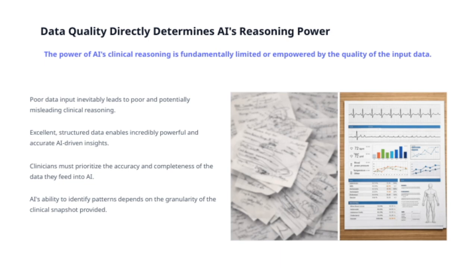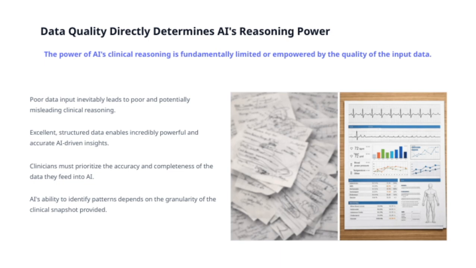On the flip side, if the data input is poor or incomplete, the AI's reasoning will be compromised. It might lead us down the wrong path or produce misleading conclusions. So, the quality of the data we feed into AI directly influences its ability to reason effectively. In fact, the potential of AI's clinical reasoning is fundamentally limited or empowered by the input data quality. The better the data, the stronger and more trustworthy the AI's reasoning. So, to sum up, data quality directly determines AI's reasoning power, and understanding this connection is essential as we integrate